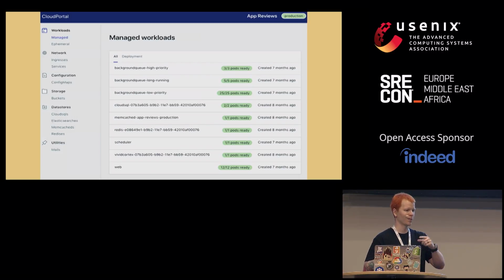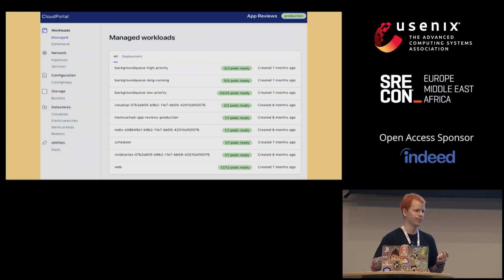So you can just click around and, oh, it's an ingress. What does ingress actually mean? Because again, not everybody even knows what ingress means. But if you go in there and you see that it's an Nginx with this IP, you recognize that it's the same thing as a load balancer. And on the deployment side, if they need to, for whatever reason, go inside the production via exec, they can totally do that, but in a safe manner without us giving them more access or more complex tooling to do that. So this has been hugely popular inside our company, and it's also an easy way to bridge that gap between our abstraction level and the Kubernetes concepts.